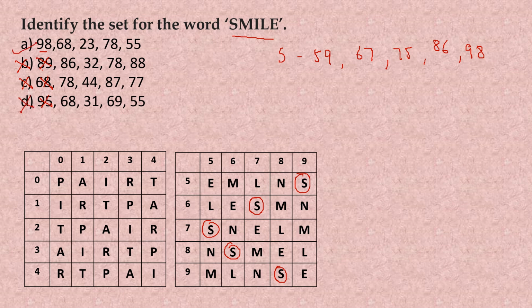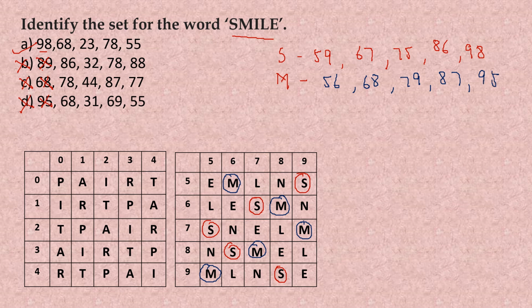To be more sure, you can check with the remaining words. The second word is M. Let us check with M, and that should confirm our answer. 1, 2, 3, 4 and 5. So quickly we can write the values for M also. That gives us 56, and 68 and 79 and 87 and 95.